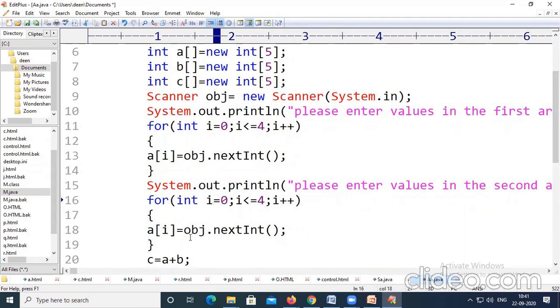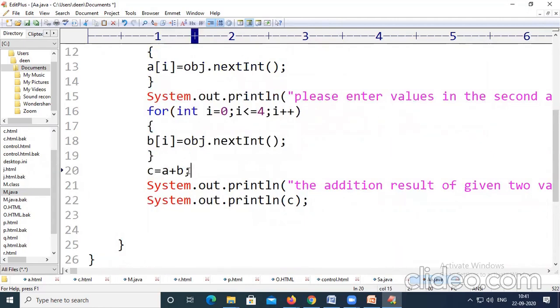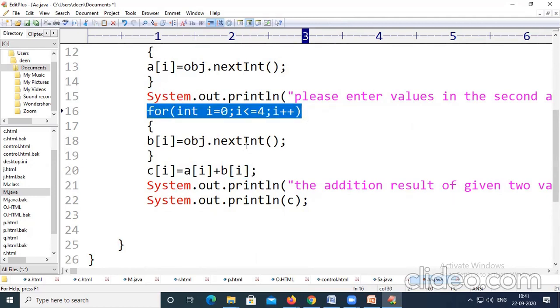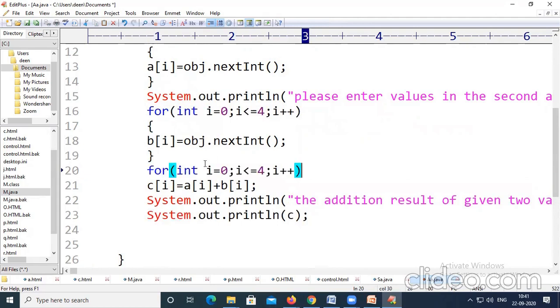Instead of a of i I am going to take b of i, because we need to initialize the values of b of i. Now I need to use c of i, a of i, b of i, where we need to keep this particular statement also inside the for loop.